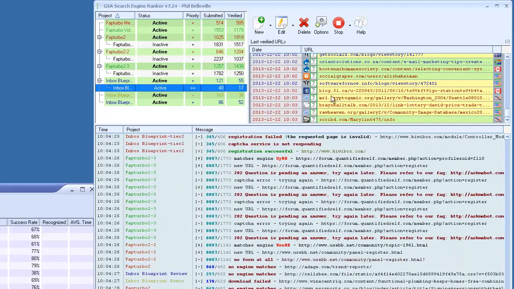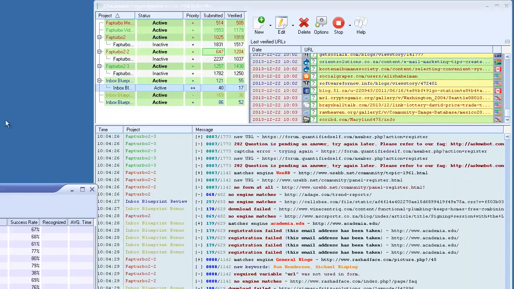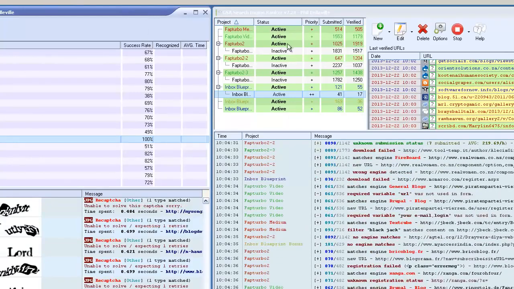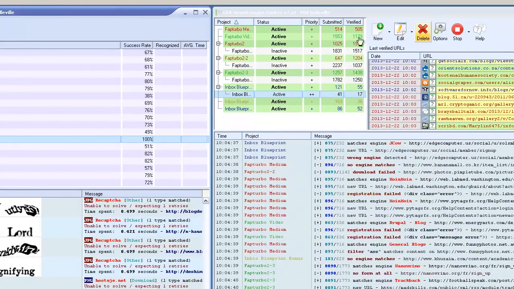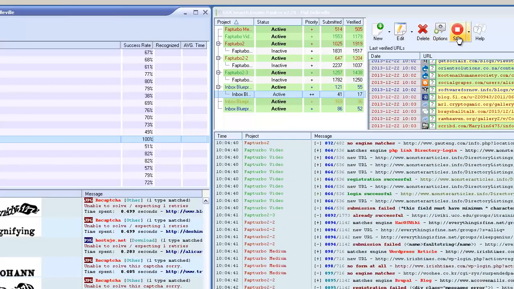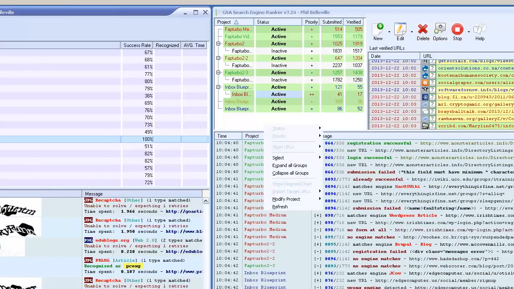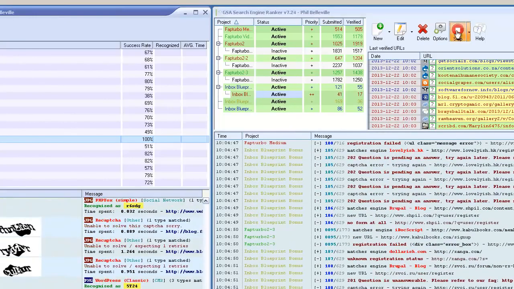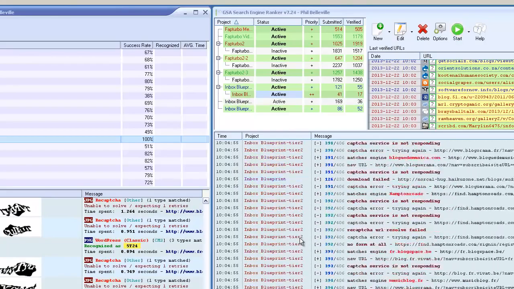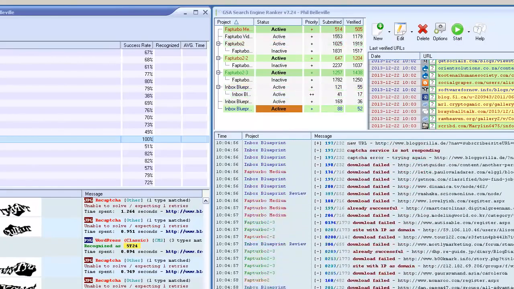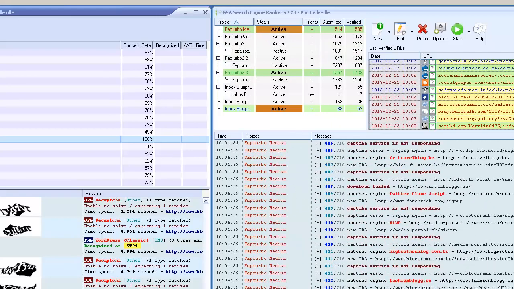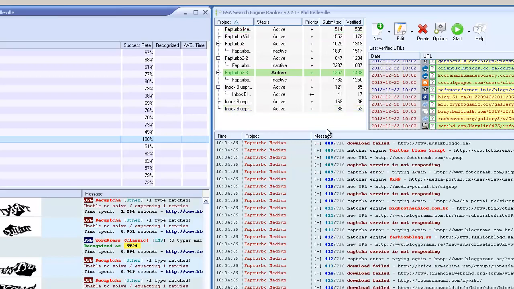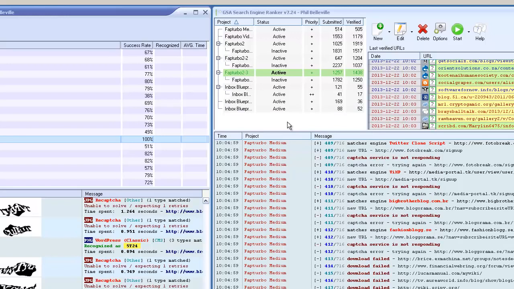Something else you're going to want to know about GSA Search Engine Ranker is that when you go in here and change settings, oftentimes it saves and resets when you push the stop button, right? You'll notice all the campaigns that are running are green, and the ones that are not running are white. You push the stop button, and they'll slowly stop. They'll tell you here that they're stopped, and they'll go from green to white when they're all stopped. You've got to wait till all of them stop, and then GSA remembers all the settings and everything